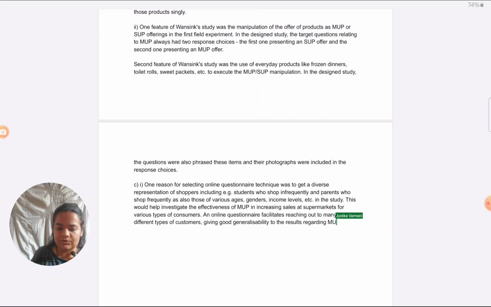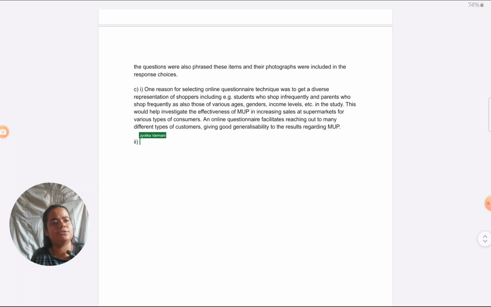Have I contextualized the answer? Yes. Have I written a generic answer? Overall, online questionnaires are good because they reach out to a lot of people without talking about my study at all? No. So that is how I will score. Next is one weakness of using closed questions. Now that asking about closed questions, we know they do not provide us context.